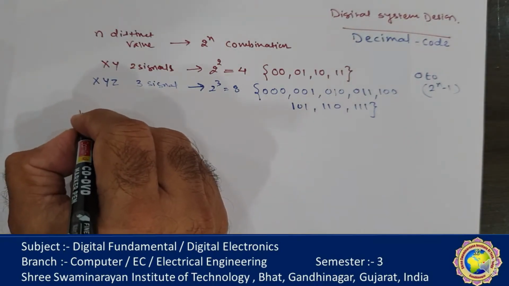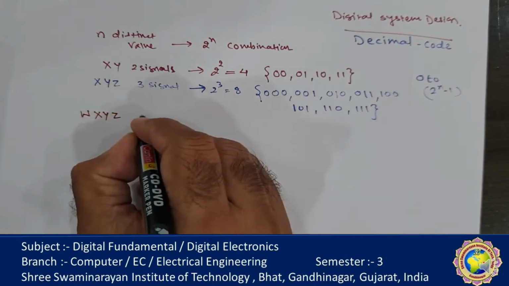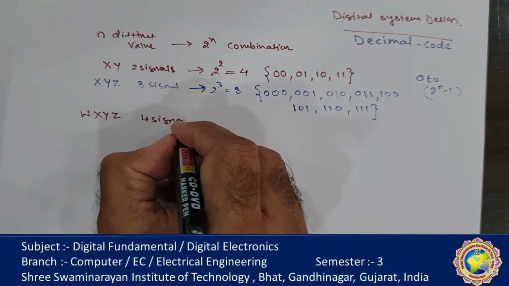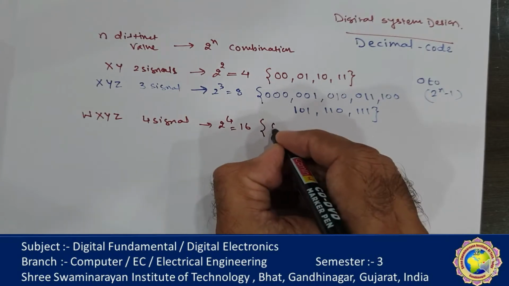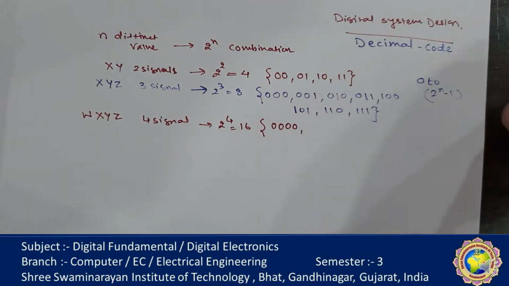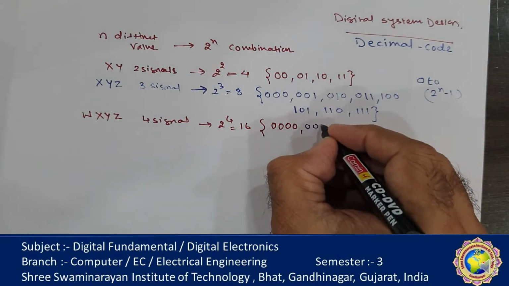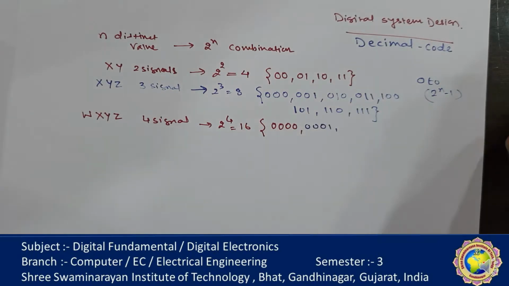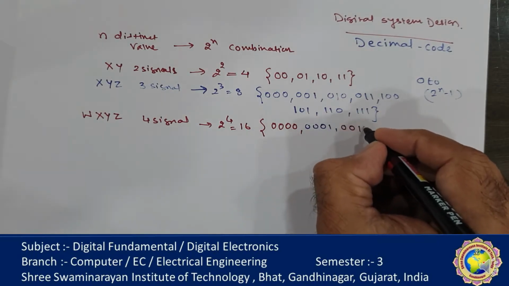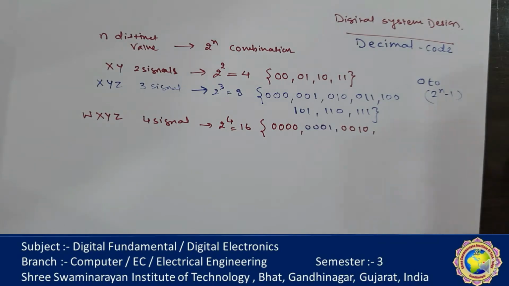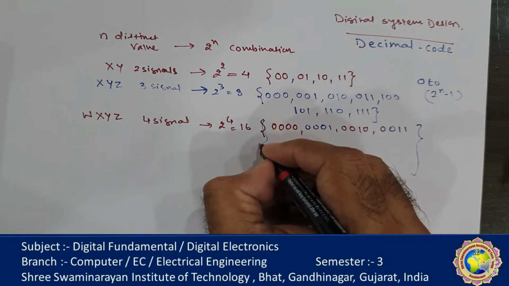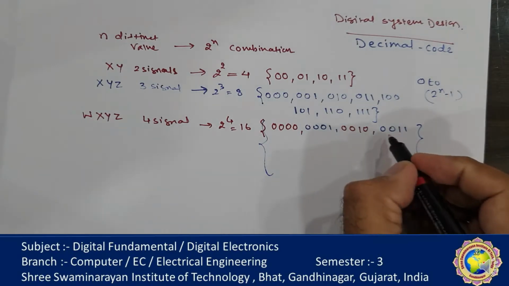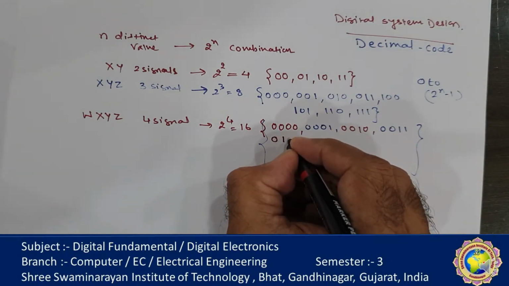Now if there are 4 signals, it will become 2 raised to 4, 16 combinations. All 0, then 0 0 0 1, 0 0 1 0, then 0 0 1 1. Similarly, next will become 0 1 0 0,